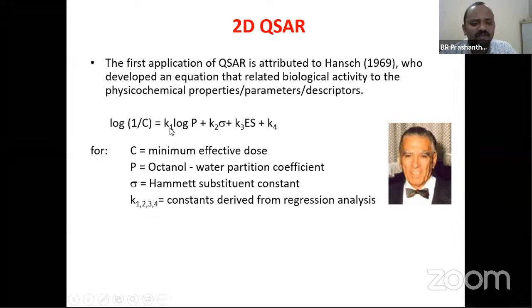So now you can see that K1, K2, K3, K4 are the regression coefficients, constants derived from the regression analysis. By doing the statistics, what they have done is they have taken a set